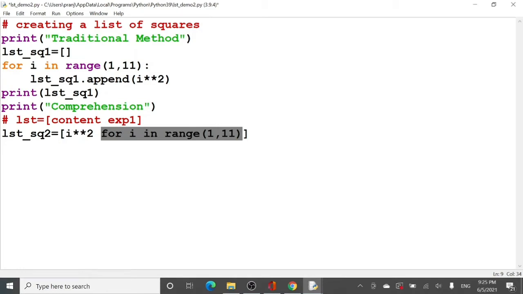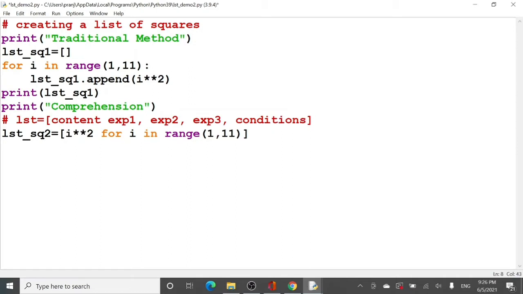If I want to make it more complex, I can also write a second expression. If I want to make it more complex, then I can write a third expression and so on. Even after expressions, I can also give conditions, which we are going to see in the upcoming examples.